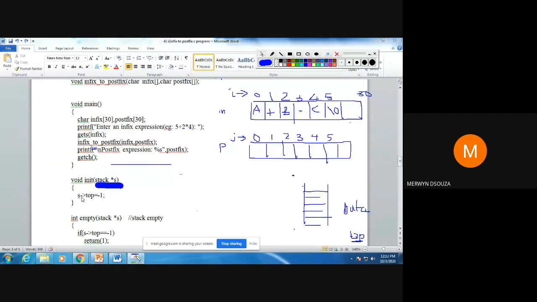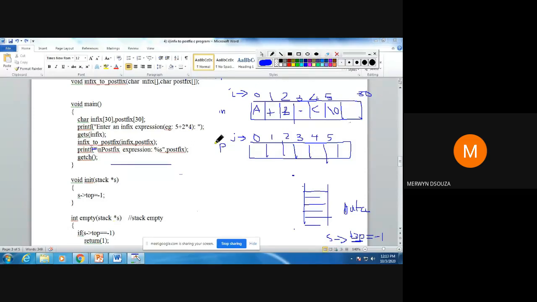Okay. So I use this pointer. Whenever I use a pointer, I have to put an arrow. I use s arrow top and I set it equal to -1. Okay. So I initialize it to -1. And whenever I'm going to refer to either the data array or the top, I'm going to do the same thing.